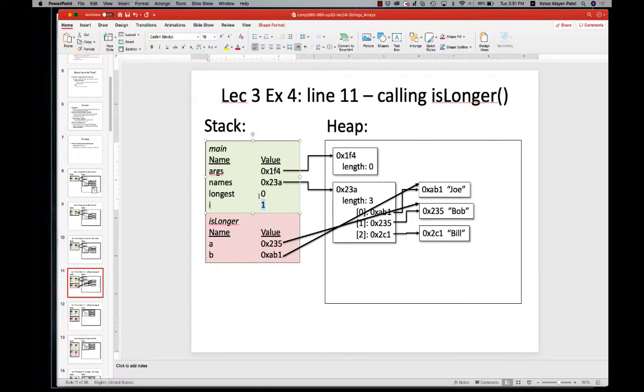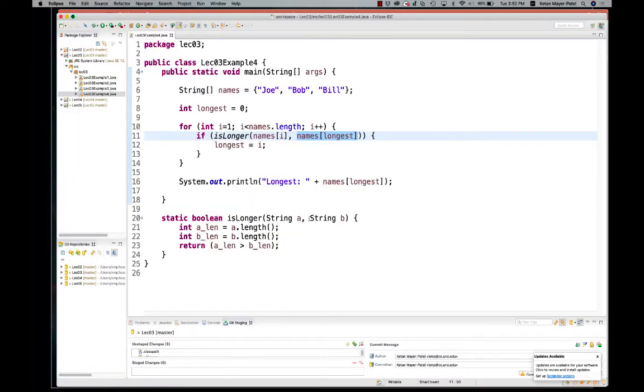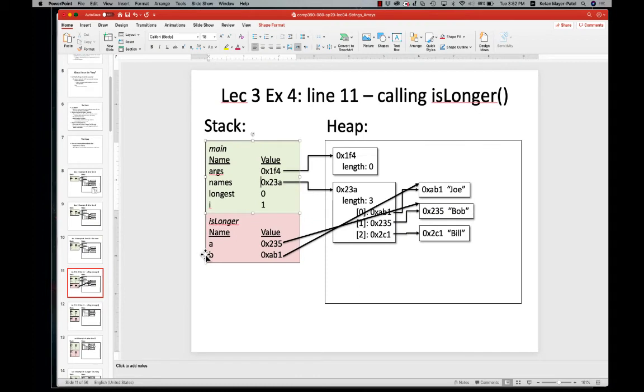The value of longest comes from our call frame, 0, and the value of names, of course, also comes from our call frame. We follow names and then go into its 0th element, and that picks out that reference hex AB1,